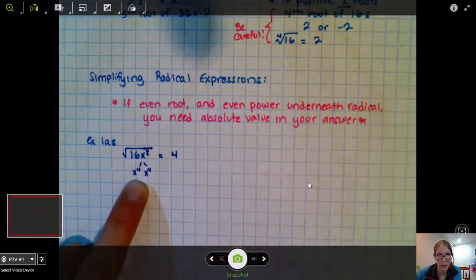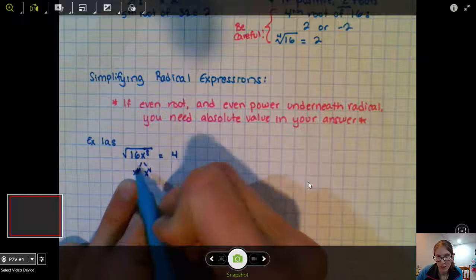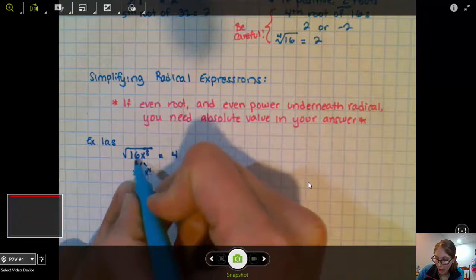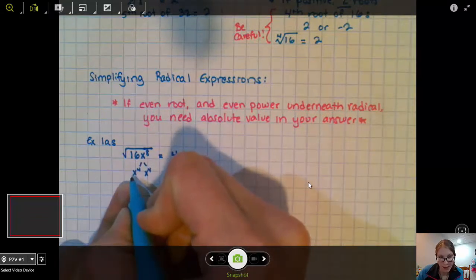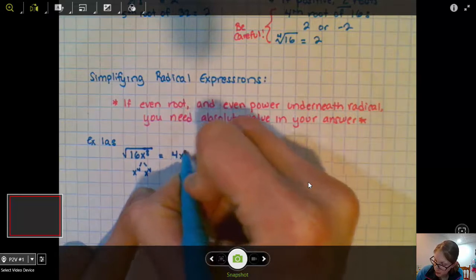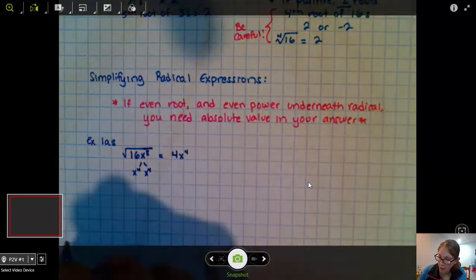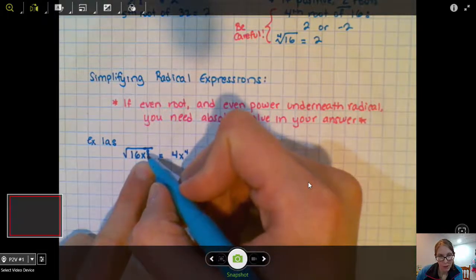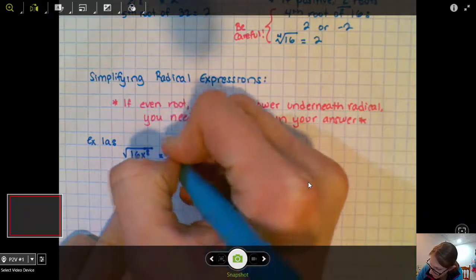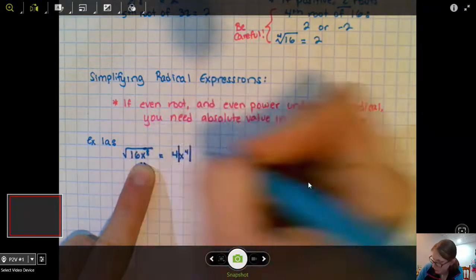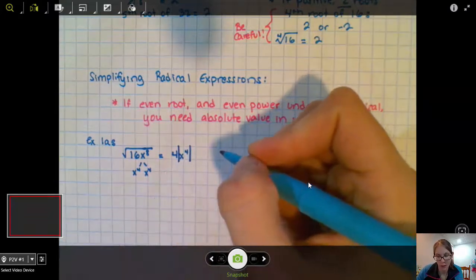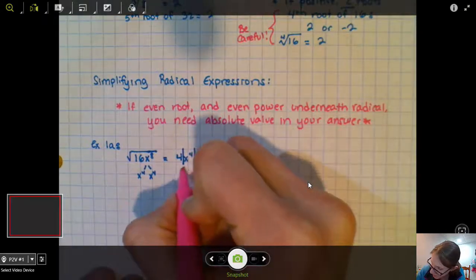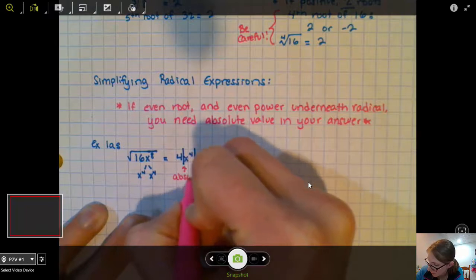Now, some of these exponent properties we'll have to remember here. If we take x to the 4th times x to the 4th, we add those exponents together. So the square root of x to the 8th is x to the 4th, like so. All right, but since we had an even root and an even power underneath here, we need absolute value around this whole x to the 4th. So I'm going to add a little note here. Absolute value,